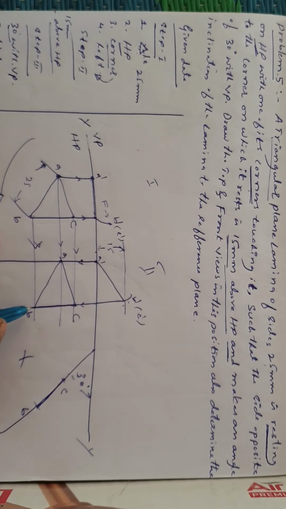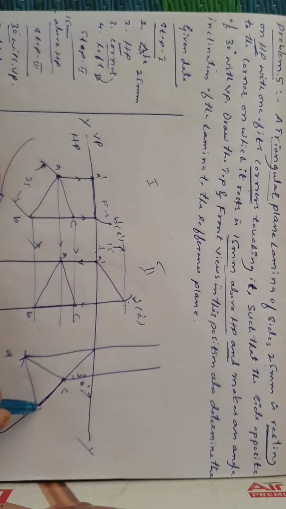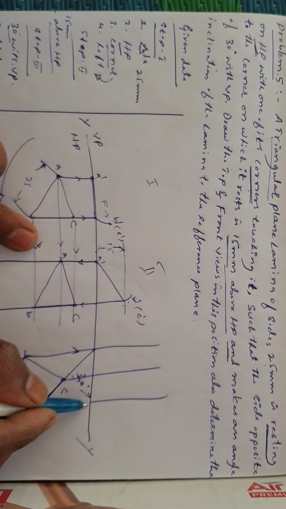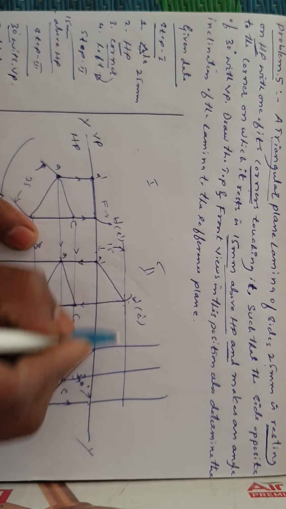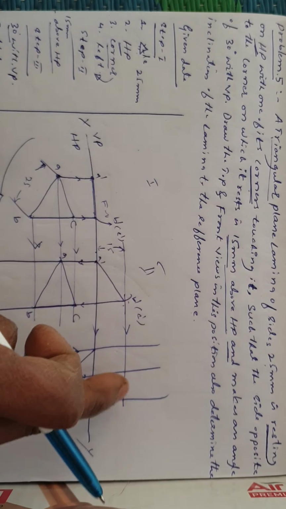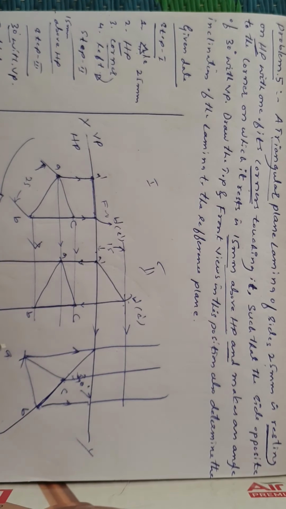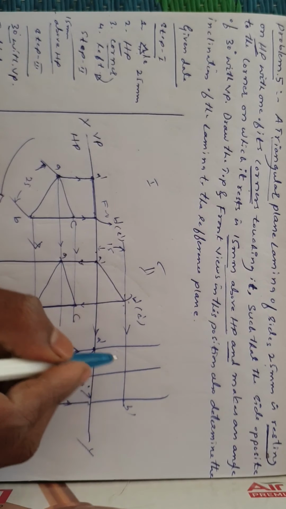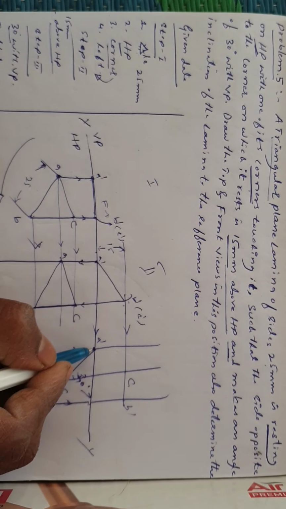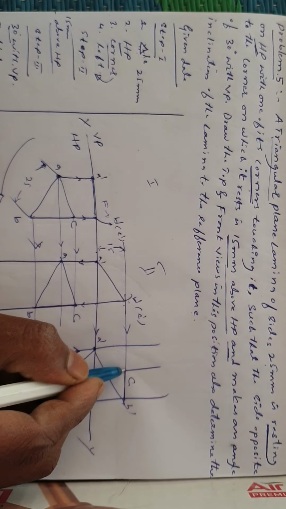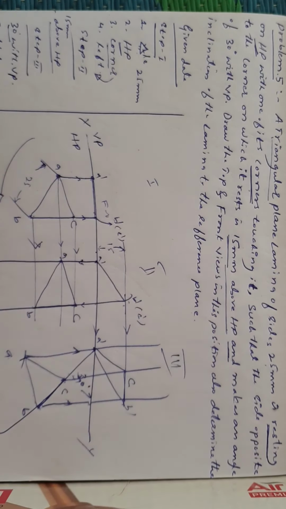You need to measure a line from each corner, then cut it and join all the remaining sides. This point is A. This is A, B, C. Now you need to take all the projectors from upward direction, show the arrow mark, and also take this projector, and you also know how to get this final front view. Same, wherever the respective alphabets are intersecting, projector A dash take as a dash, B dash take as a B dash, C dash take as a C dash. Now join all these sides from A to B, B to C, C to A. So this completes the third step.